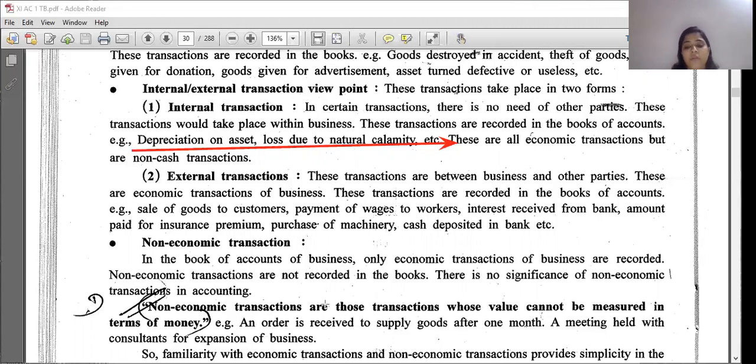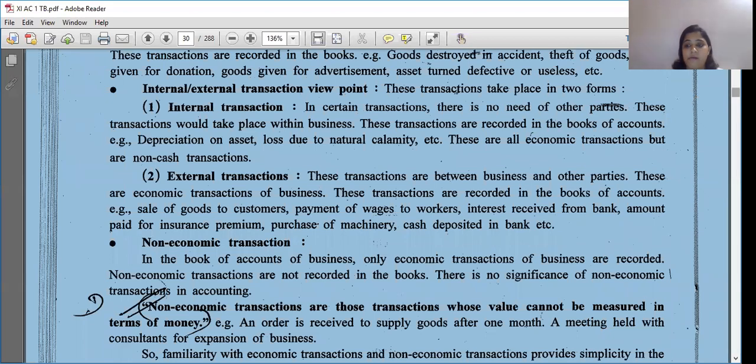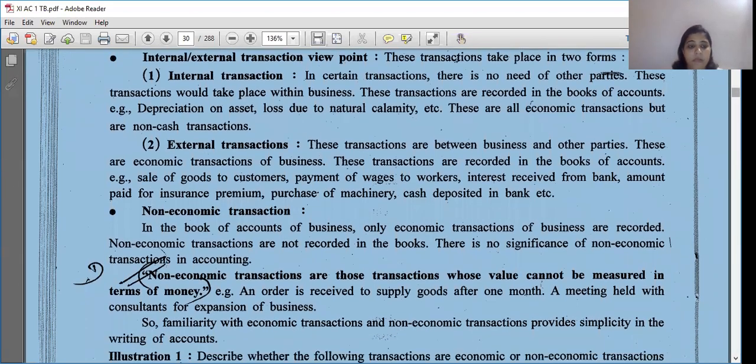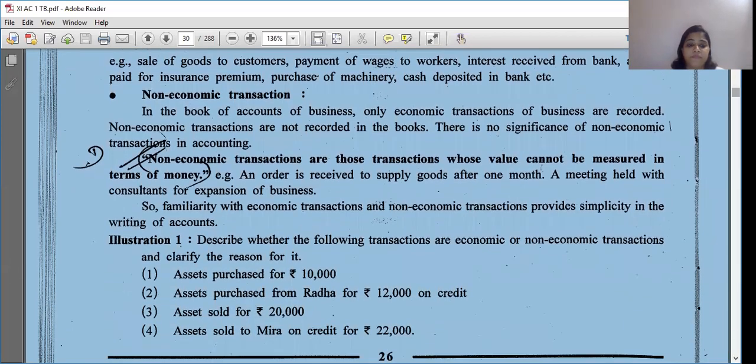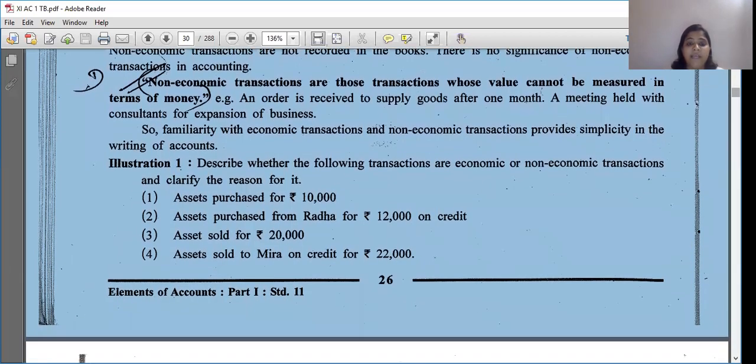Non-economic transactions are those transactions whose value cannot be measured in terms of money, right? That cannot be valued in terms of money. Now, teacher, what are the non-economic transactions? Let us see. As I had given you example,